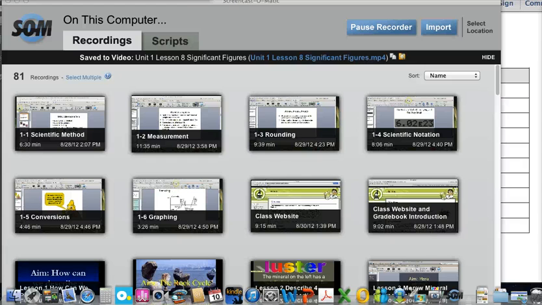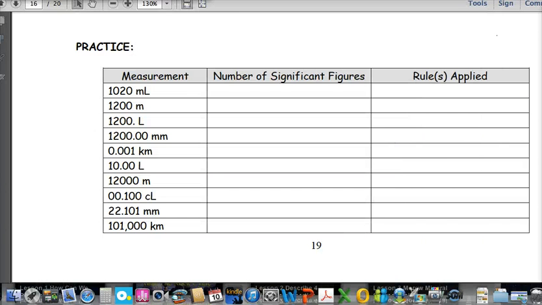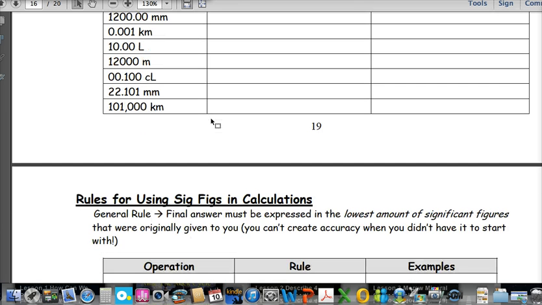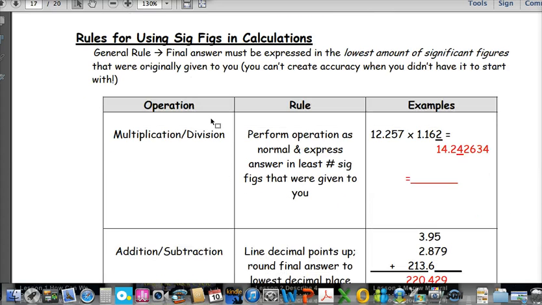Alright, so this is the next lesson. I think it's lesson 9, but the lesson number doesn't matter. It's really the second part of significant figures. And this is probably the part that's the most important when it comes to labs. Because I'm sure there have been many times when you have